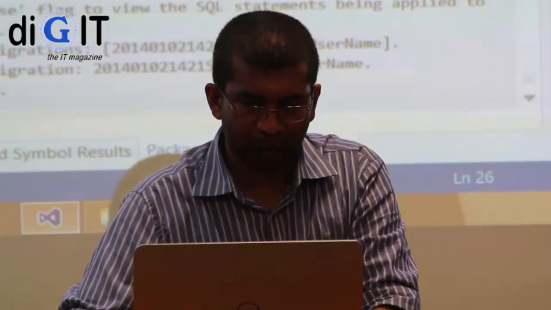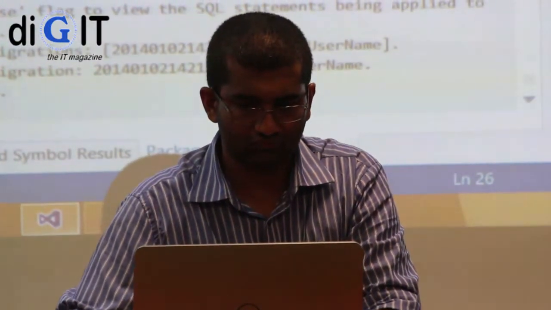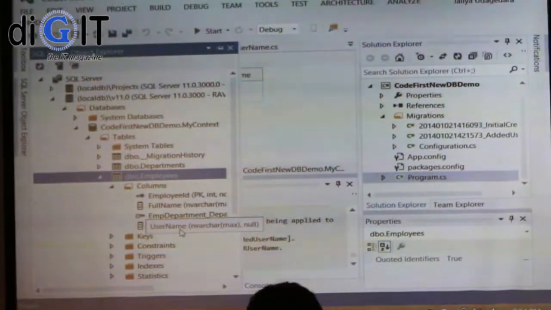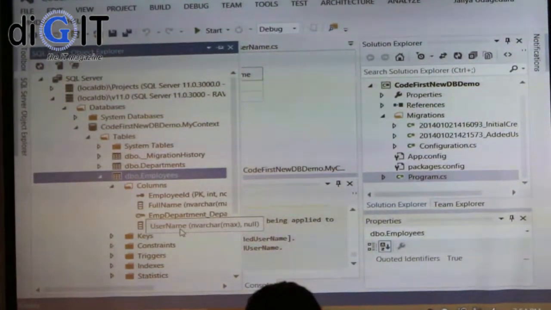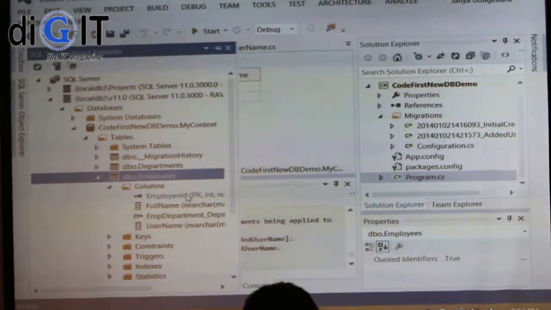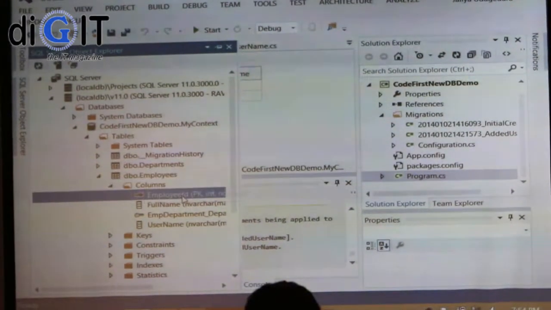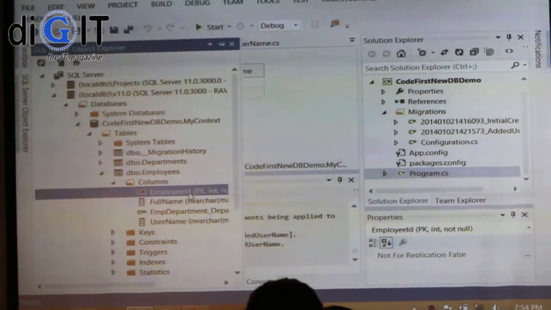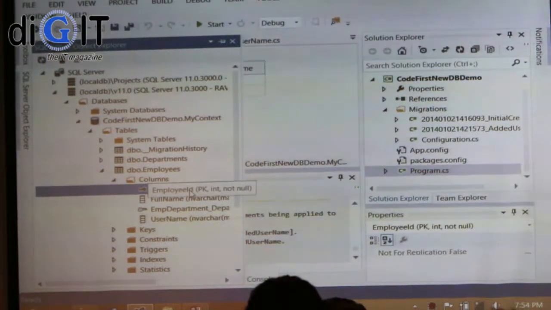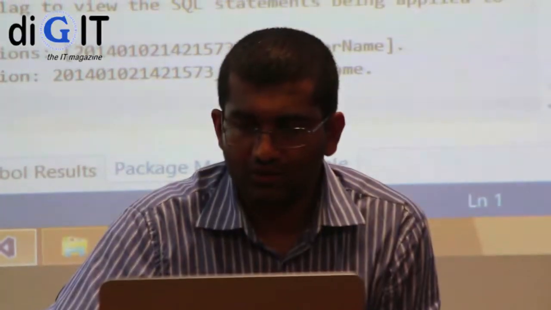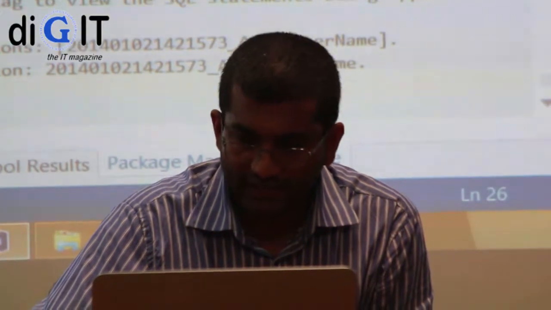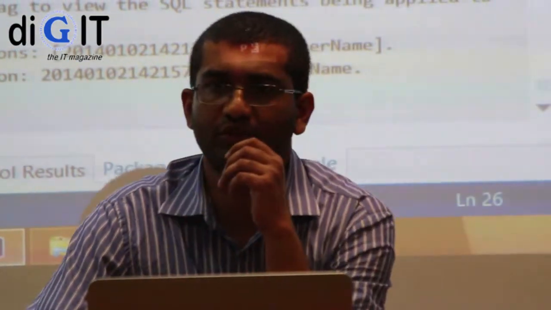Now let's say I want to change the primary key into username. The employee ID is an identity column, but I will keep it as it is. Still, I want the username to be treated as a primary key. In Entity Framework, there are two ways of doing it. If you are going to override Entity Framework convention, you can use two ways. One is called data annotation, and the other is called